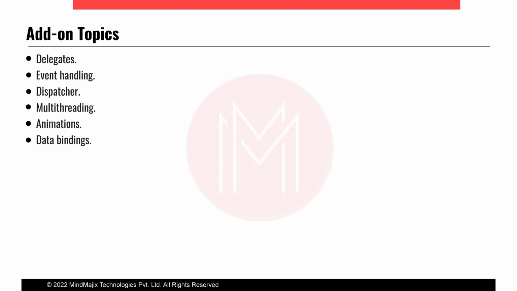And what exactly are the extra topics we will go through? Delegates. So what exactly is a delegate? A delegate is a method reference, used whenever you want to call any method from a parent or child class. So we'll use delegates, and there are some default delegates also, like Func delegate,